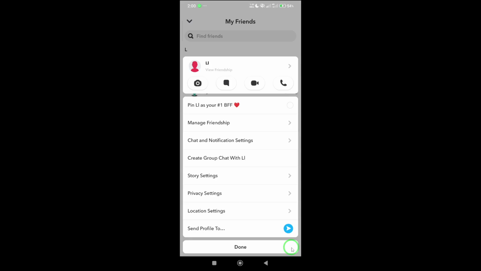After that, you'll be taken to a new screen where you can choose who you want to send it to. You can select one friend, multiple friends, or even a group chat, whatever works best for you. Once you've picked the destination, simply send